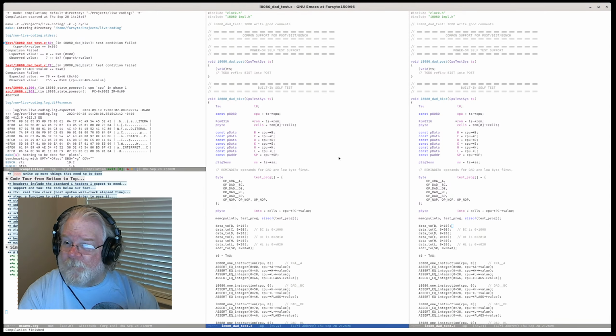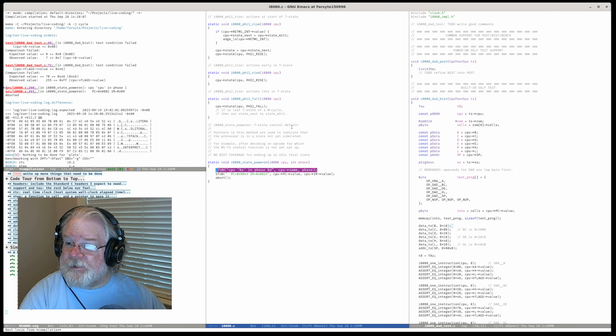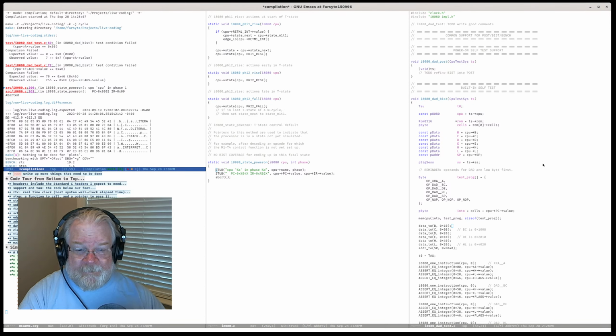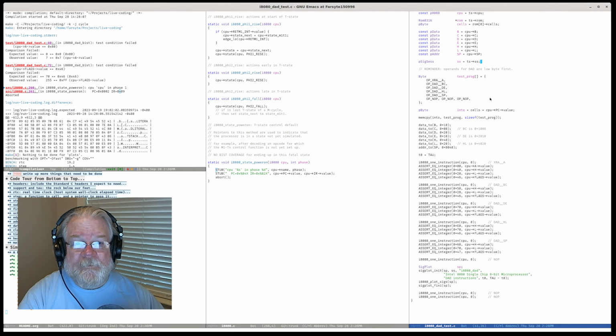Okay, so now we're going to get a whole bunch of test condition failures. And the interesting thing is that we are ending up in an illegal instruction with value 09 at PC equals 2012. So DAD DE did not get set.